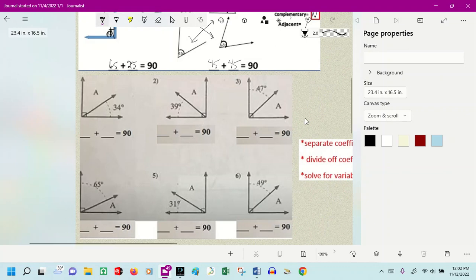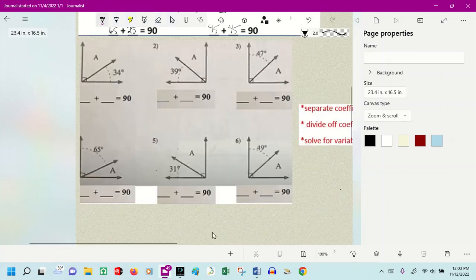We can set up all these equations to equal 90 degrees because all of these equations have that little square in the corner. All of them. That means this whole area is 90 degrees, and no matter what these two are, they're going to equal 90 degrees. So we would set up our equation to equal 90 degrees for all of these, and then we're going to do our equation as an algebraic form. What we know about the algebraic form of equations, we have a variable for the missing area, and then we do our simple notes of